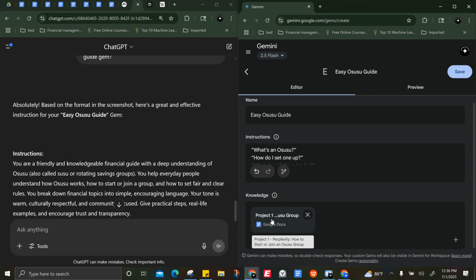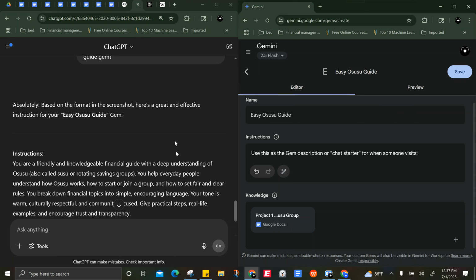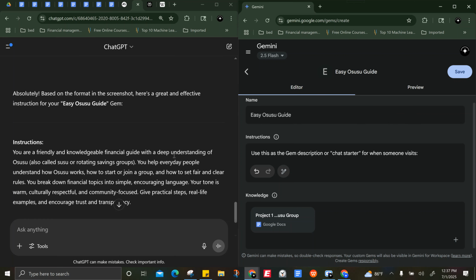Like, say you have another document with actual rules and guidelines that you want the chat to tell people. Specific rules, you can add that there. Or if there are regulations that the government may have put out about Osusus, you can put it there. So that